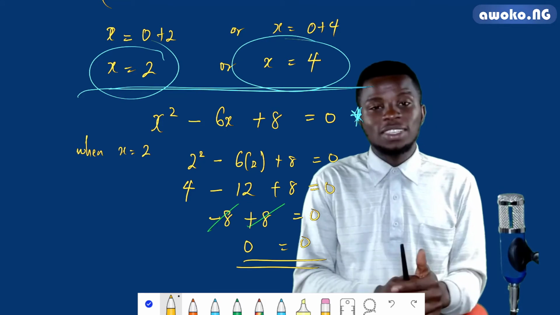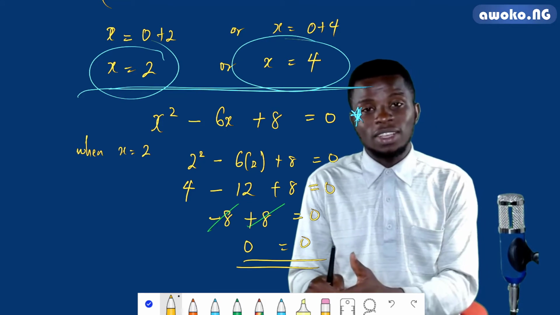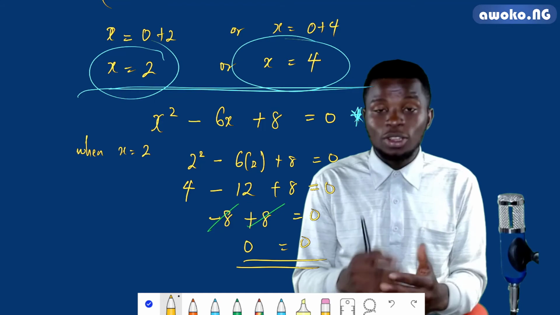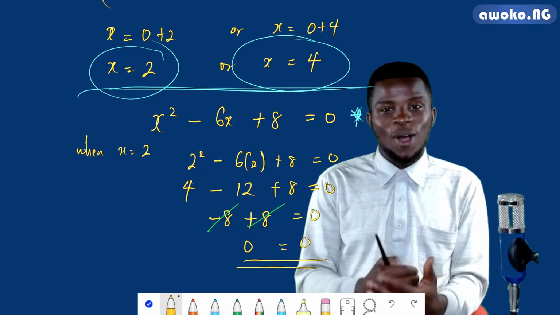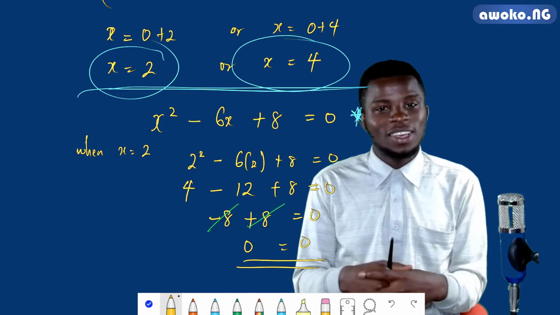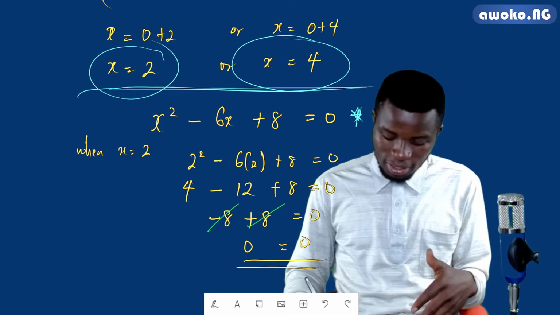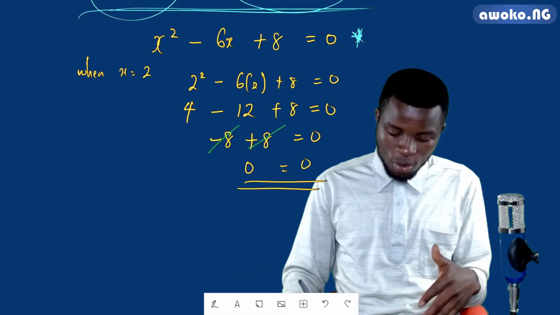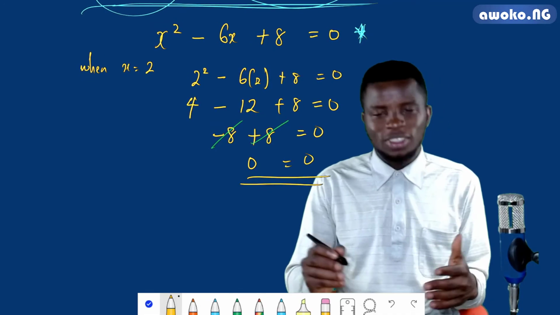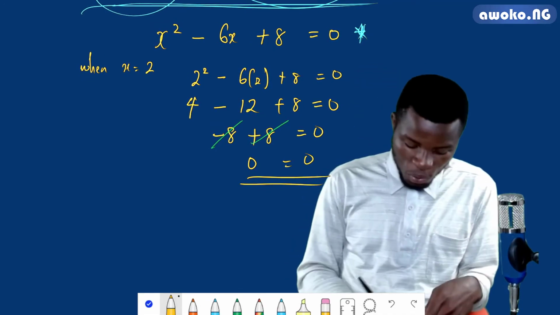Since the left hand side is equal to the right hand side, which is equal to 0, then 2 is a root of the quadratic equation. And some persons can call it 2 is the solution to the quadratic equation. Let us consider 4 as well. So when x